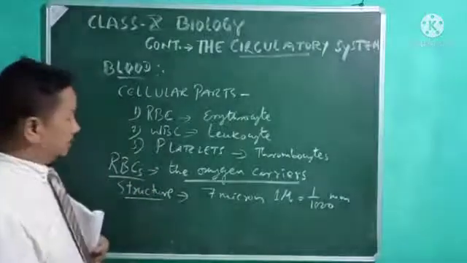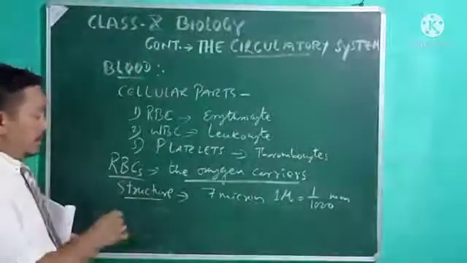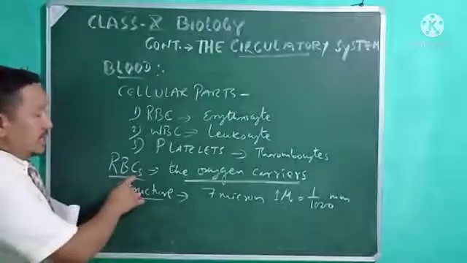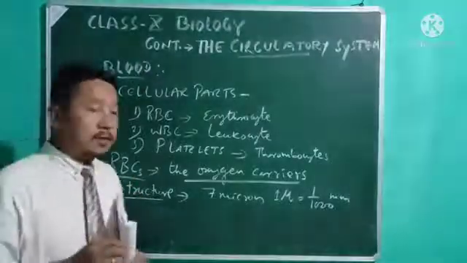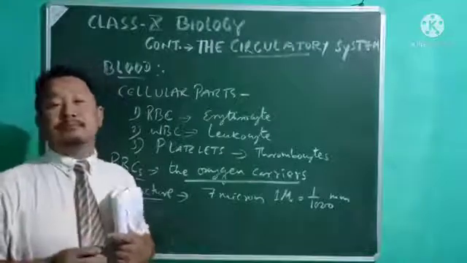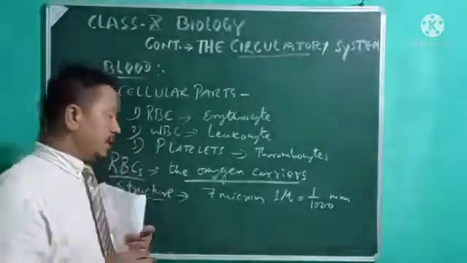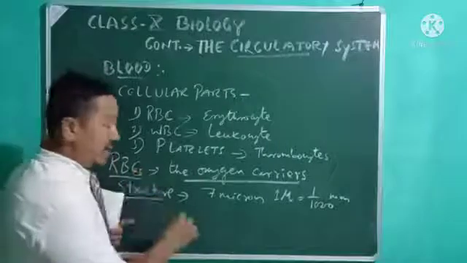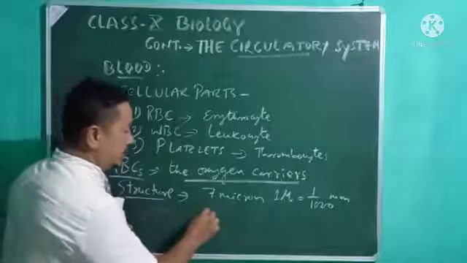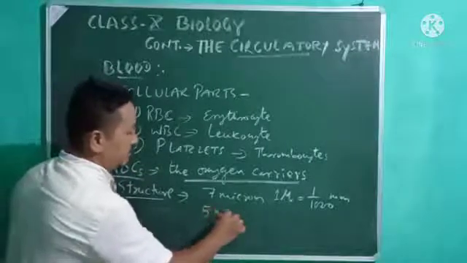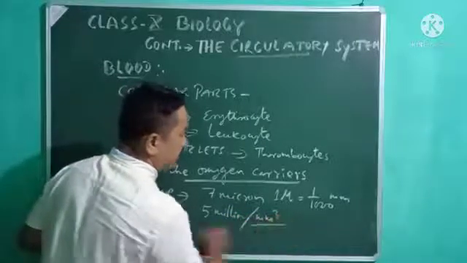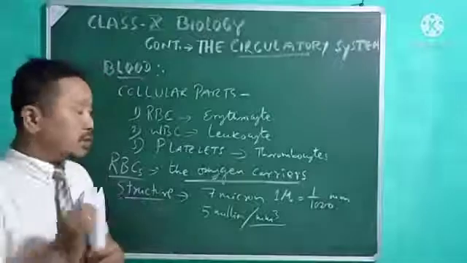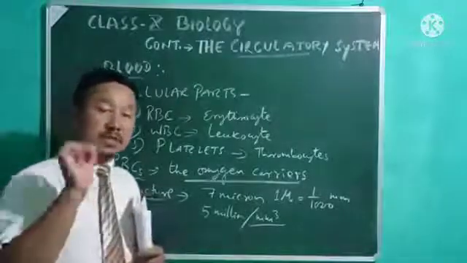Then what you also have to know about RBC is the number. In an adult male, the number of RBC is 5 million per cubic millimeter of blood. In 1 cubic millimeter of blood, that is the volume of blood,